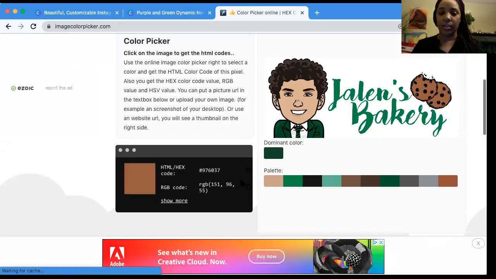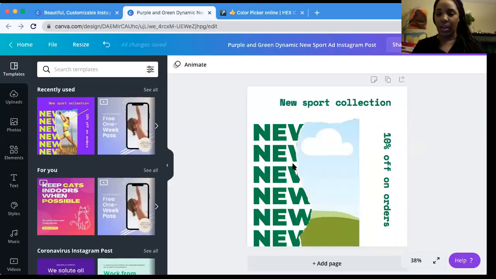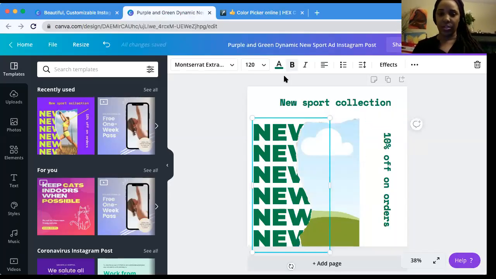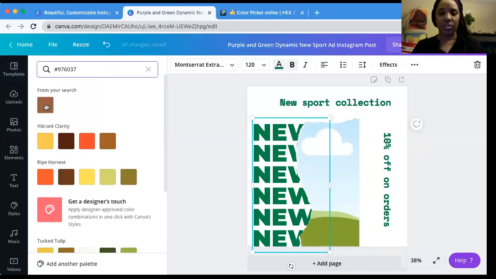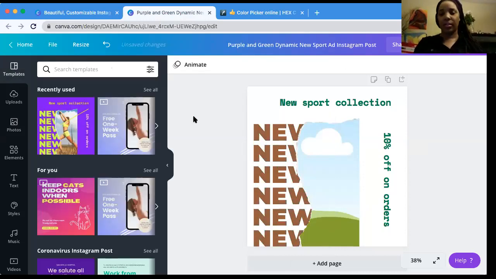Click on it. We're going to go ahead and click on our copy right here. And if you want to change this to that brown, go ahead and paste it from your search, your brown, and there you go. That is how you're able to extract hex codes from your